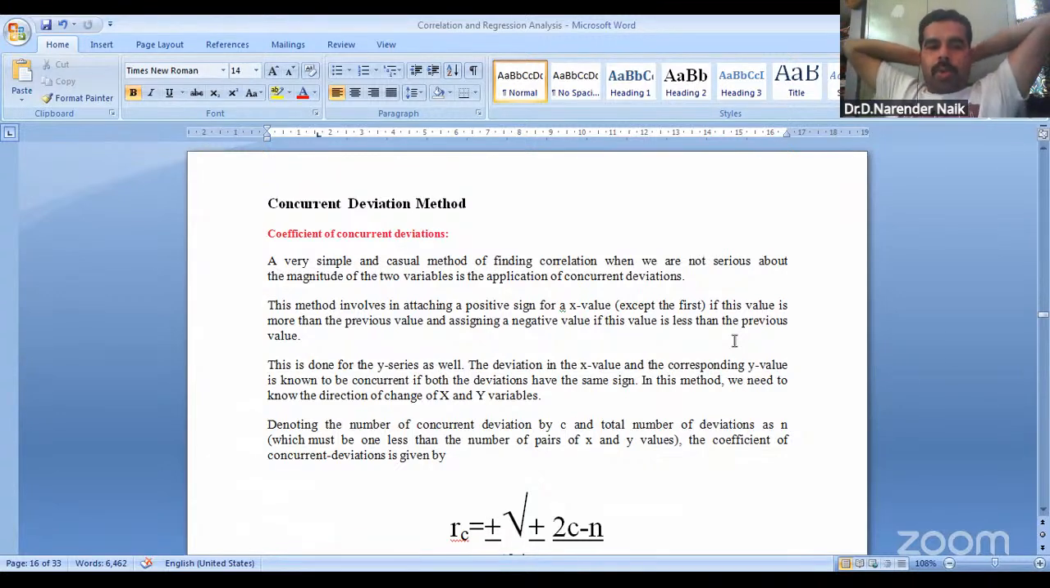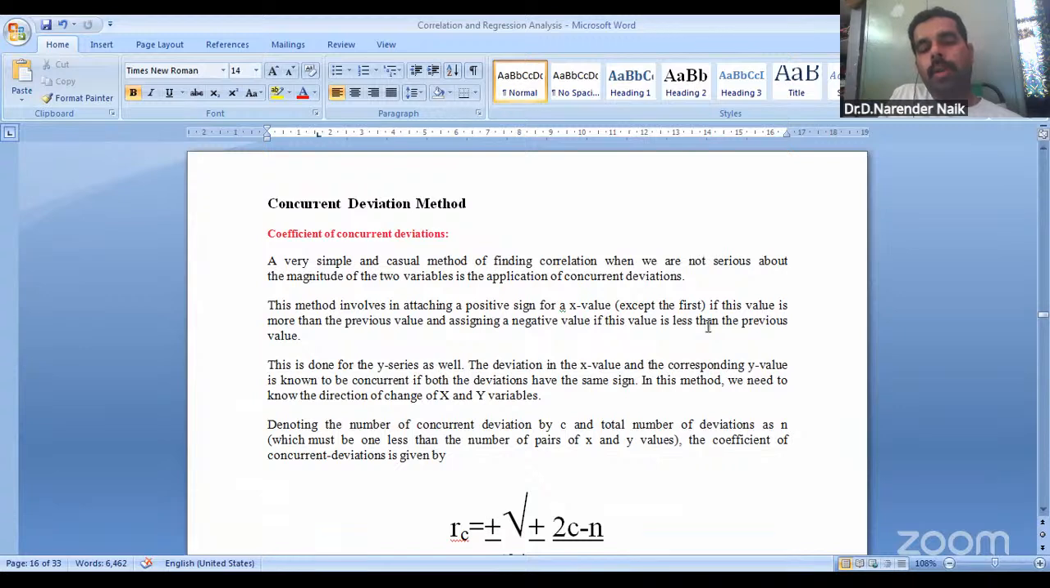if this value is more than the previous value, and assigning a negative sign if this value is less than the previous value. This is done for the y series as well. The deviation in the x value and the corresponding y value is known to be concurrent if both the deviations have the same sign. In this method, we need to know the direction of change of x and y variables. So simply signs are going to indicate this. Denoting the number of concurrent deviations by C, and the total number of deviations by n, which must be 1 less than the number of pairs of x and y values,